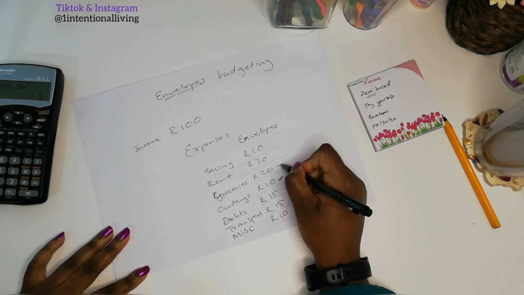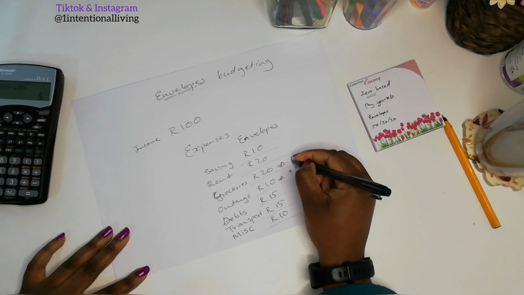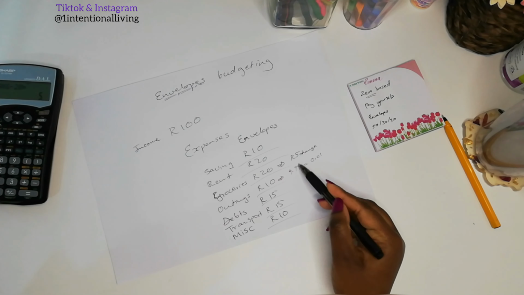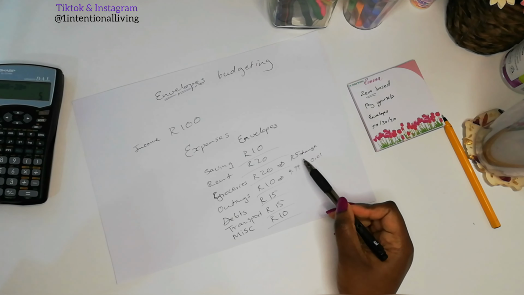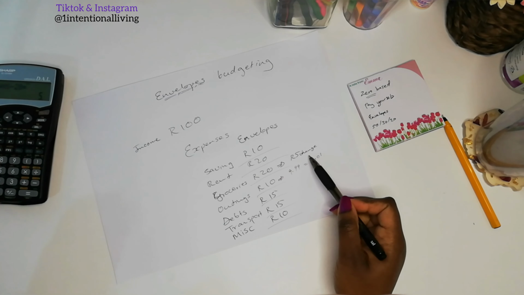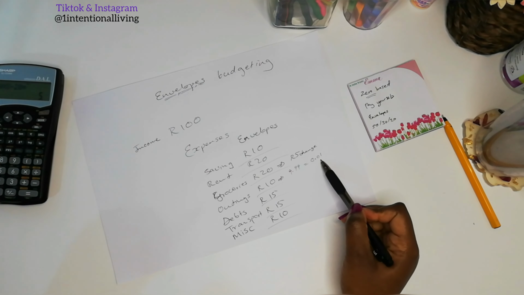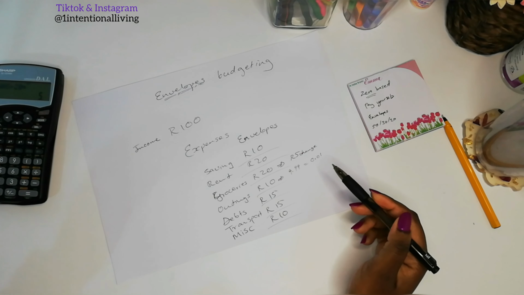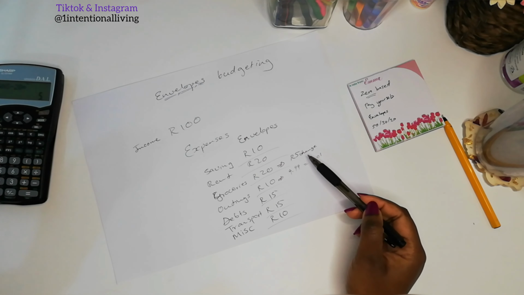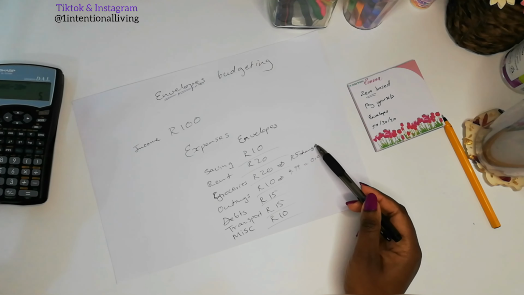Because maybe when you went grocery shopping, you came back with 5 Rand change, right? That change is for groceries. Whatever happens that month, that money is for the groceries, and it stays in the groceries envelope. You can't use it for other things unless for some reason you find you want to use it. But that's also a choice, because discipline is a choice that you have to make on a daily basis. So the minute you do it once, you will do it again another time.